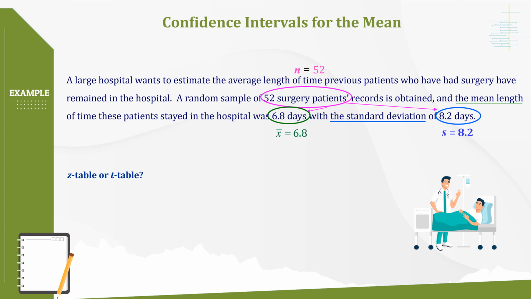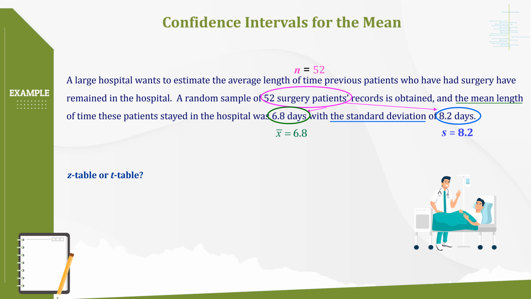Some of you may be wondering how to distinguish the type of standard deviation, population or sample. Here is a quick guideline. If you find the mean and the standard deviation together in one sentence, then that one is most likely the sample standard deviation, since one sentence provides the information from a sample. If a standard deviation value is provided in a separate sentence, then it is most likely the population standard deviation